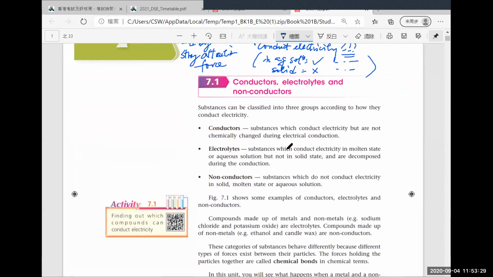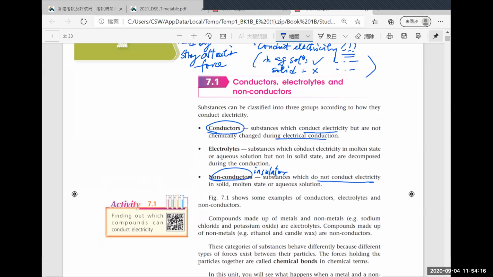So if you want to talk about conductivity, 導電性啊, you may have 3 different types of materials. In Form 1 or Form 2, you may have heard of these 2 terms only, or you use the word insulator to tell the difference in conductivity of different materials. Conductor, non-conductor. Conductor means they can conduct electricity during electrical conduction. Non-conductor means they do not, right? But